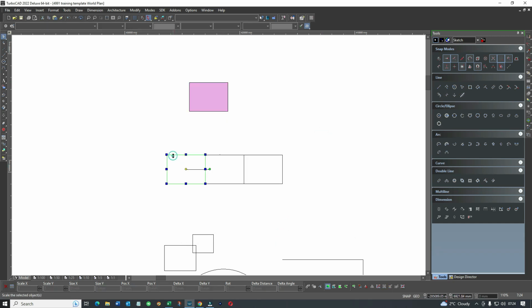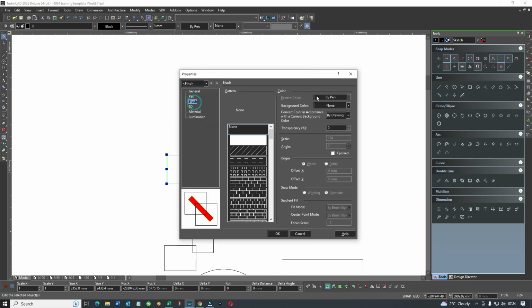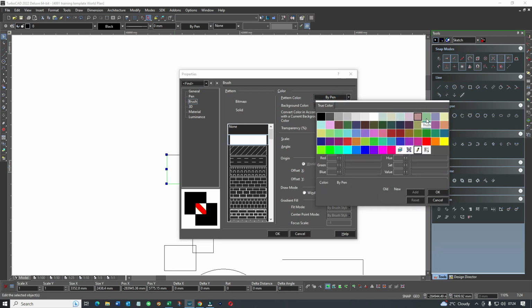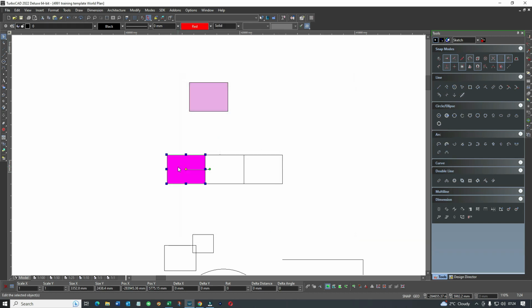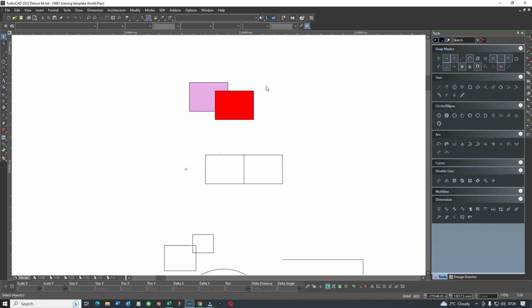Let's bring up another rectangle. Control F, and this time we're going to do another color. So we're going to do red. How's that? Right, so now we've got two, and you can see now that the red one is overlaying the pinky one. That's the draw order. The red is on top. So if I want to change the draw order, I can go,